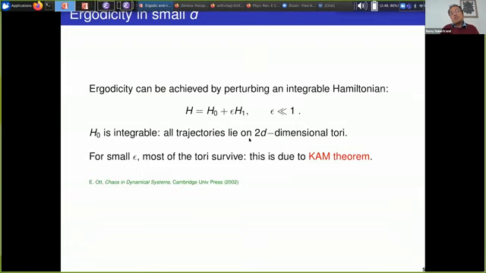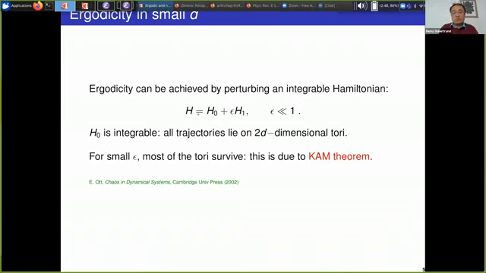One efficient way to achieve ergodicity in small dimensions is to start with an integrable Hamiltonian and perturb it. So start with H0, which is an integrable Hamiltonian, and then you add a small perturbation, where epsilon is a small parameter. And then you have